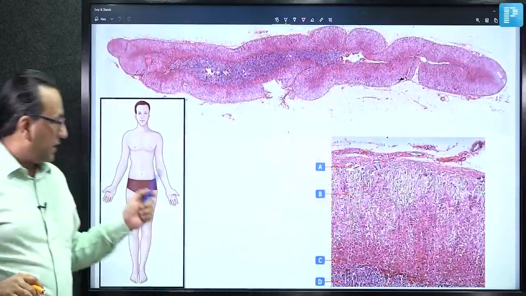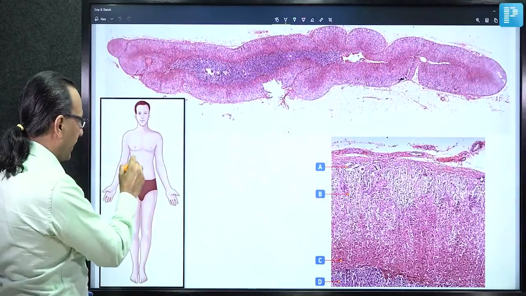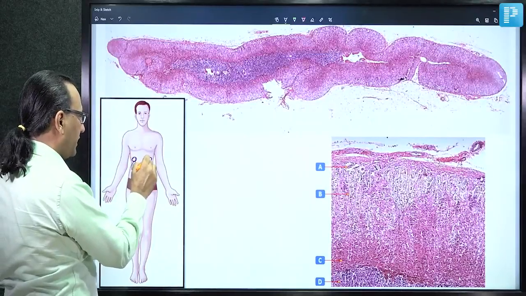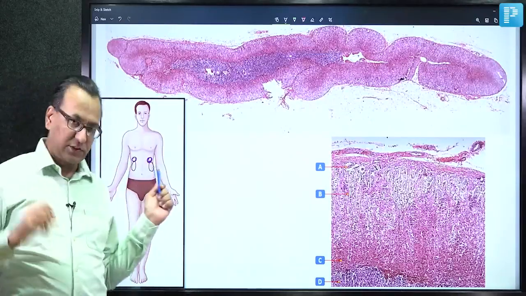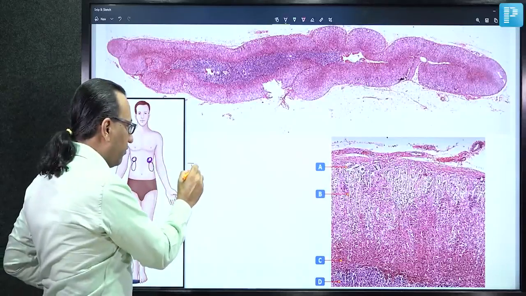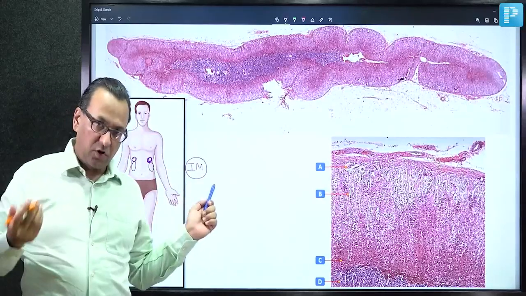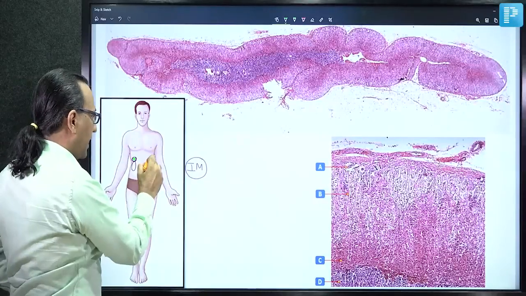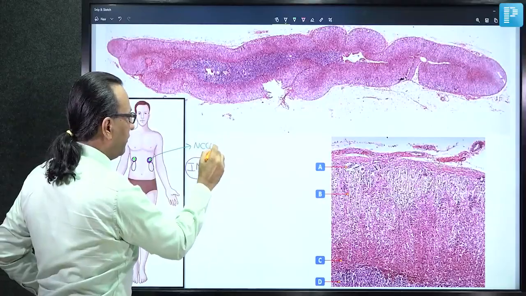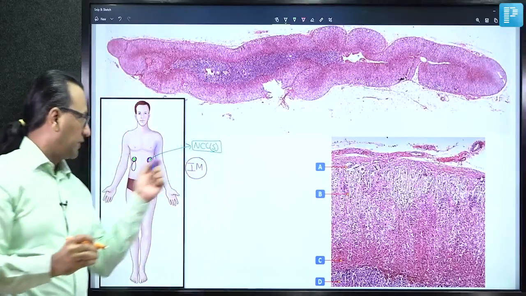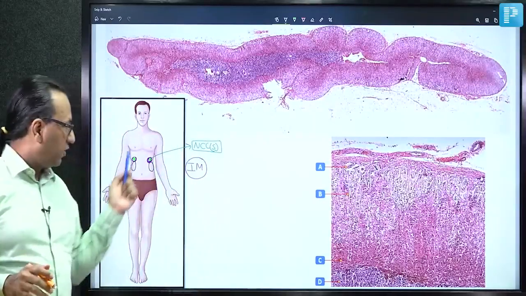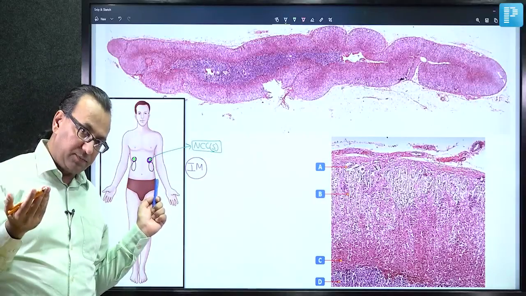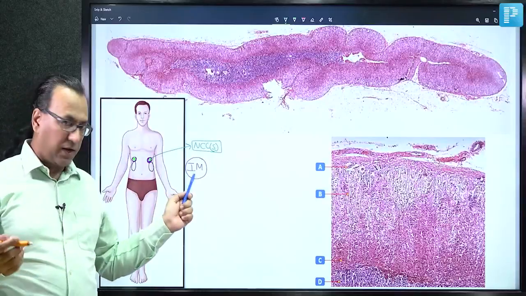Now, as we understand, in the lumbar region we have the kidneys, and over the kidneys we have the adrenal glands. May it be the kidneys or the adrenal cortex, that is coming from intermediate mesoderm embryologically. Whereas the adrenal medulla is a derivative of neural crest cells, basically some of the sympathetic neurons. Anyhow, the problem of congenital adrenal hyperplasia is involving the cortex. So how do you identify the cortex and